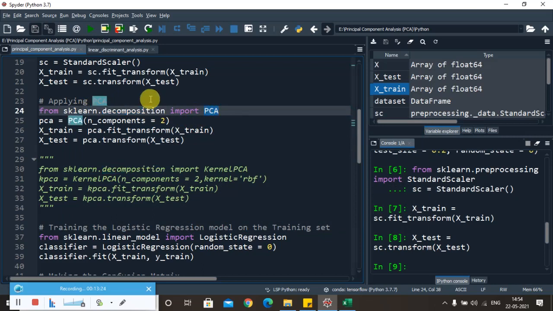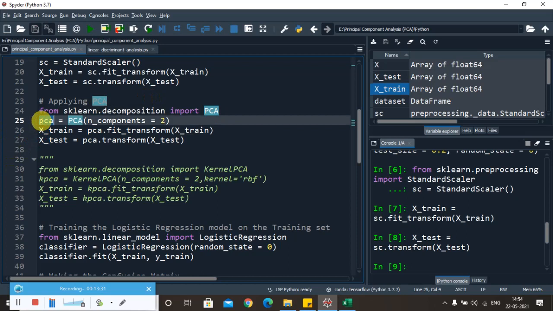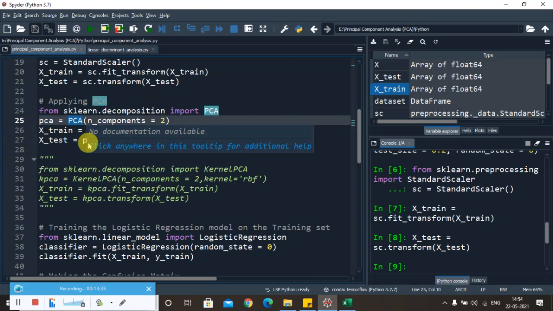Now let's create the instance of the class and store it in an object called PCA. We can see that while creating an instance we have to pass a few parameters. Here there is only one parameter to be passed, the argument for the final number of extracted features. You want to say how many features you would like to have as a final feature. As of now you have 12 to 13 features, right? Now you have to tell how many features you would like to have after you apply the dimensionality reduction technique.